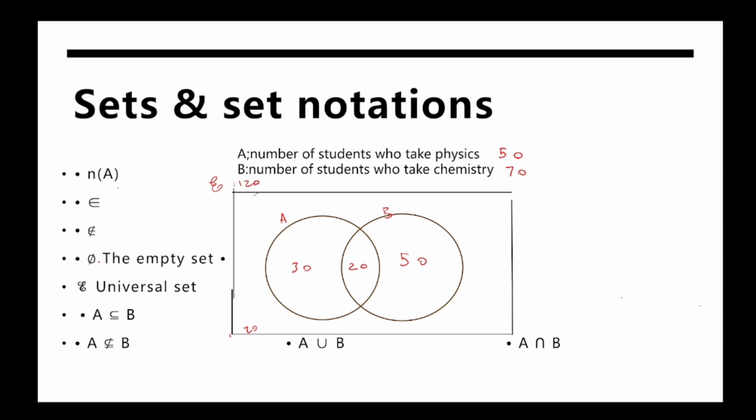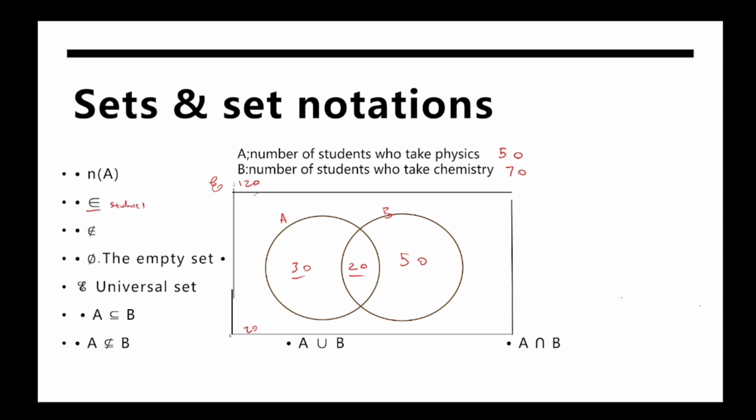And n(A) here means the number of elements in A. This example would be 50, because there are a total of 50 students. This symbol is belongs to. We can say that